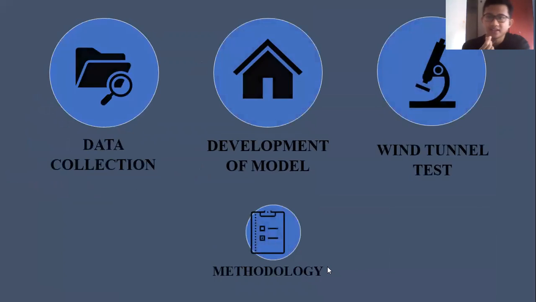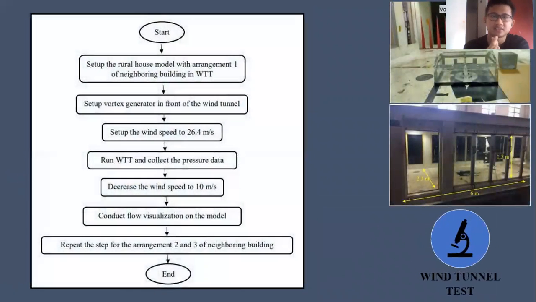Okay, and the last stage is the wind tunnel test. The wind tunnel test starts with the setup of the rural house model with the arrangement of case one in the wind tunnel test. And then set up the voltage generator at the inlet of the wind tunnel. As you can see, this is the voltage generator,